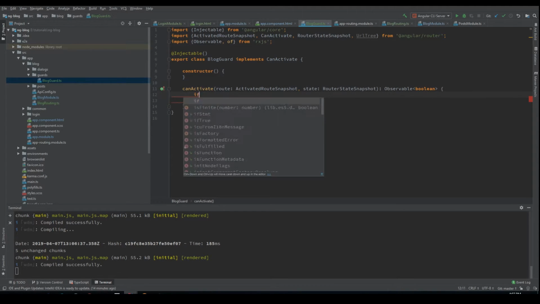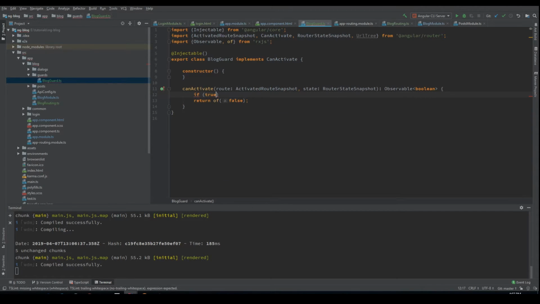For now we say if true, because for now it will be true, but later let's just create a const, is user authorized, but for now it will be false. And we say if the user is not authorized, we take a private,